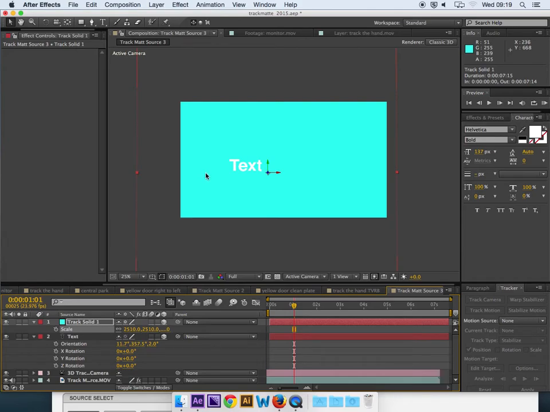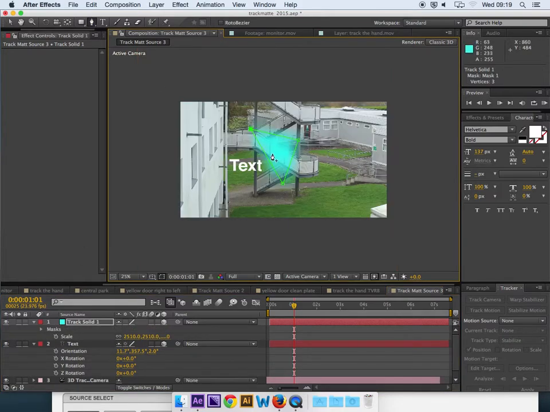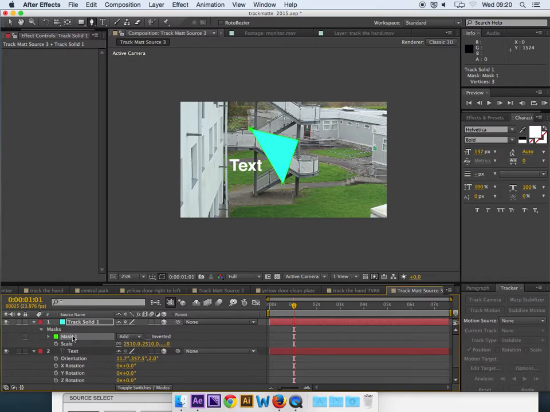Well, the reason being that when I create the masks, if I go back to not continuously rasterize, and just quickly draw a mask, you'll see that the mask is also soft. So it's not taking it as a solid with normal sharp edges for my masks, but when I continuously rasterize that, I get that back. So I'll leave that set to continuously rasterize, and I'll delete that mask,